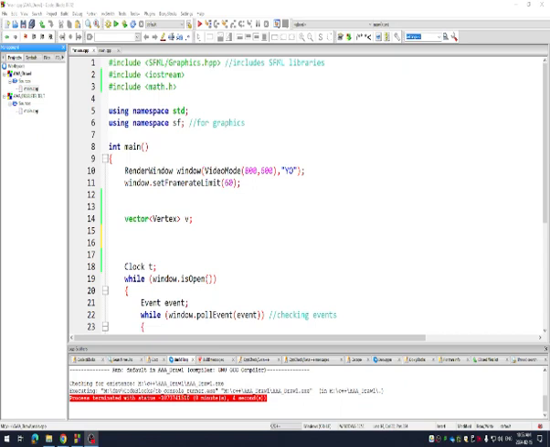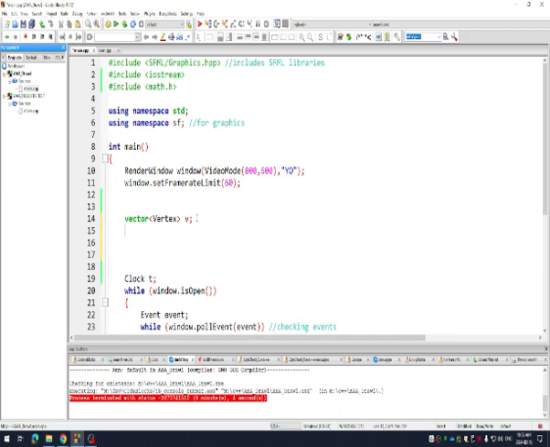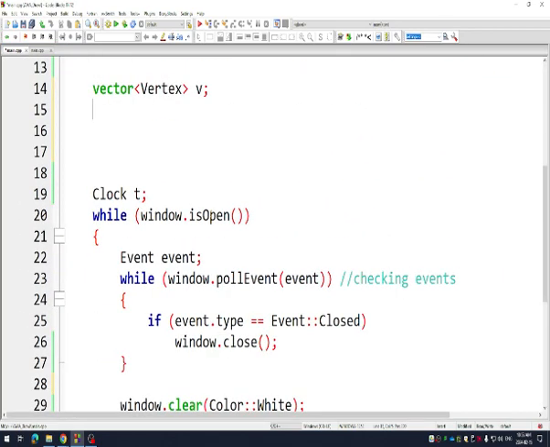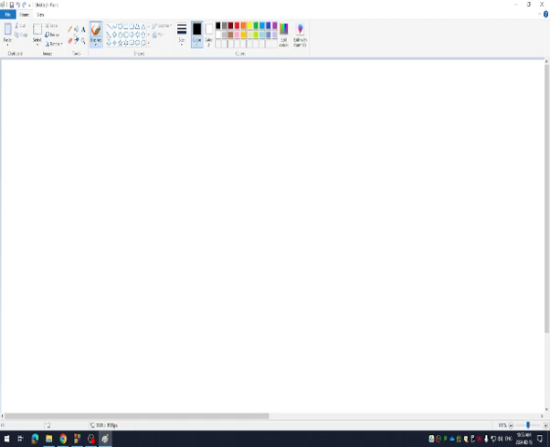Stopped it. This is a new fresh video. Watch this, guys. What I want to do: I'm just going to make a whole new project here, and open up Paint. And what I want is something in the middle of my screen, like a line that comes out,